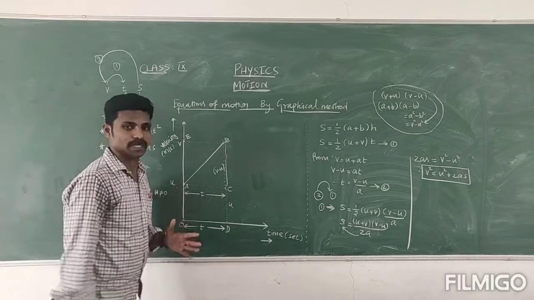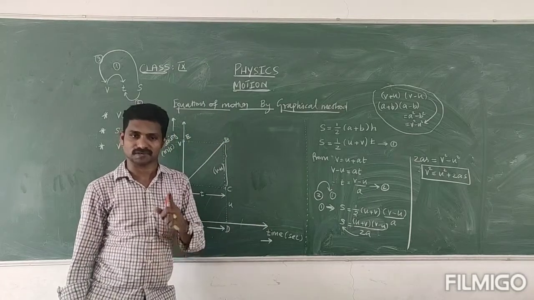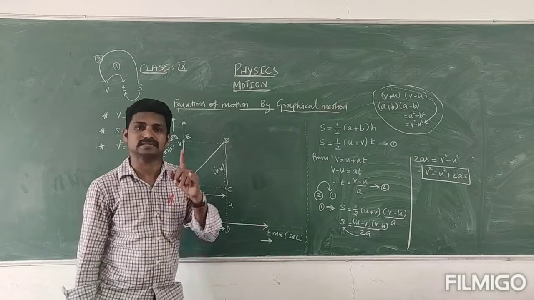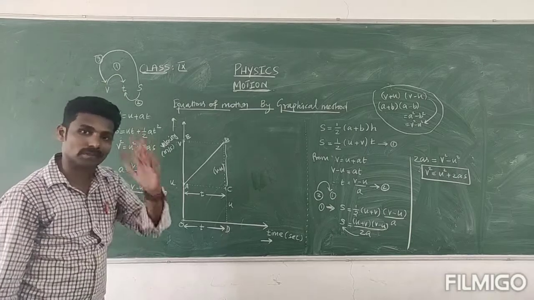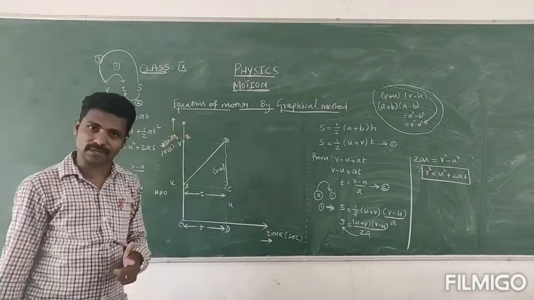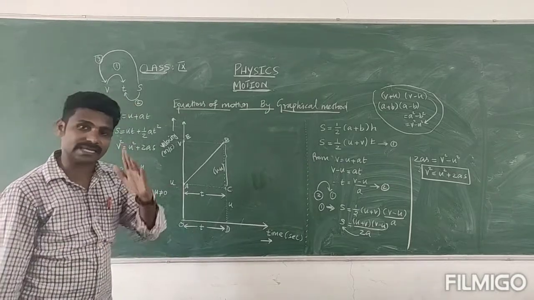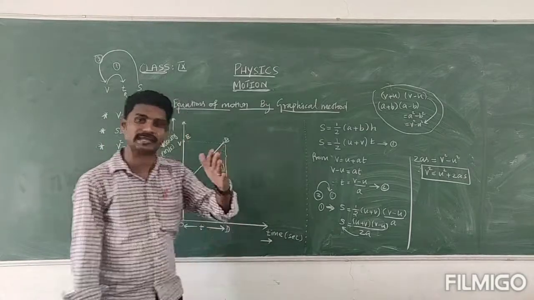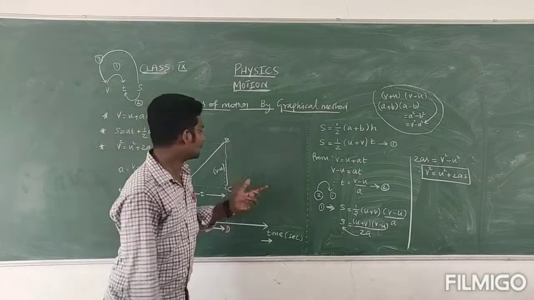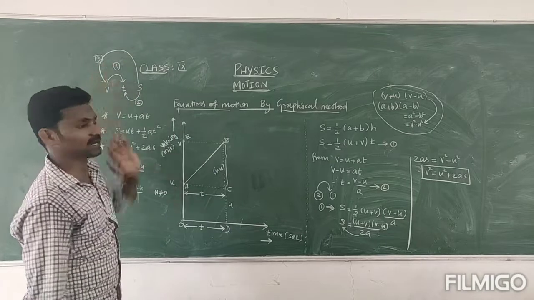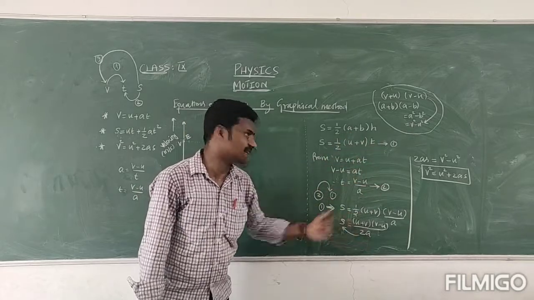Okay, students, so now we know how to derive the equations of motion using the graphical method. The first equation is a relationship between the velocity and time graph, and by using the slope method we found it. Then the second equation is a relationship between position and time, using the area of the trapezium, or area under the slope, we can get the position. And the third equation is a relationship between position and velocity. Same idea from the trapezium, but we substitute the time factor, then we get the final result. Okay.